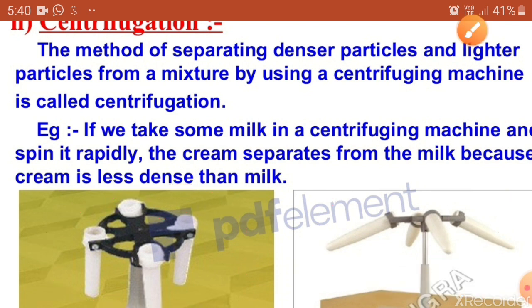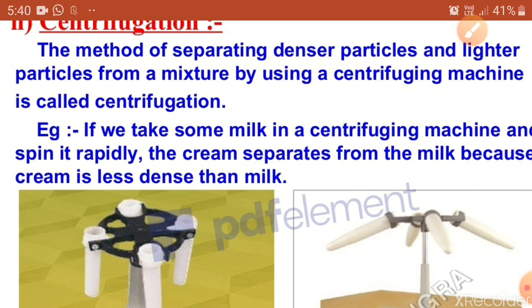So till now you studied evaporation and centrifugation. For evaporation, there is activity 2.4 in your textbook. You have to go through that very simple activity. What I told you is what is written there with the diagram, so you have to read that. For centrifugation, there is one more activity, 2.5. You also have to go through this simple activity. You will clearly understand this.